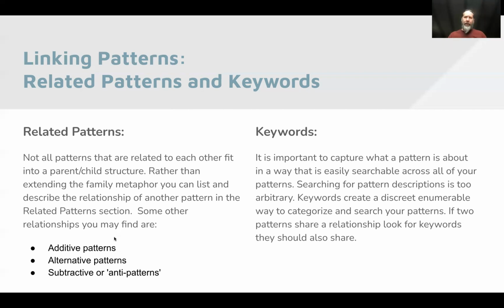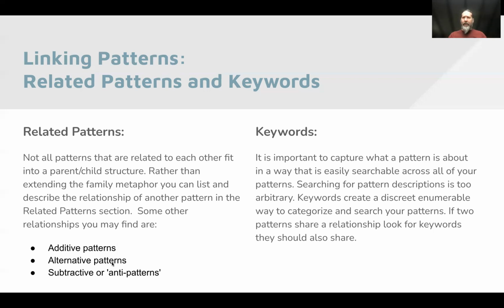So you might be trying to increase player autonomy. You might be using that jumping pattern, but then you might also be using an ability to find more and more powerful weapons to create the same sense of player autonomy. They both happen to be related to progression, but using those together is more effective than just using one of them if you're trying to create player autonomy through progression. So those would be patterns that are additive to each other.